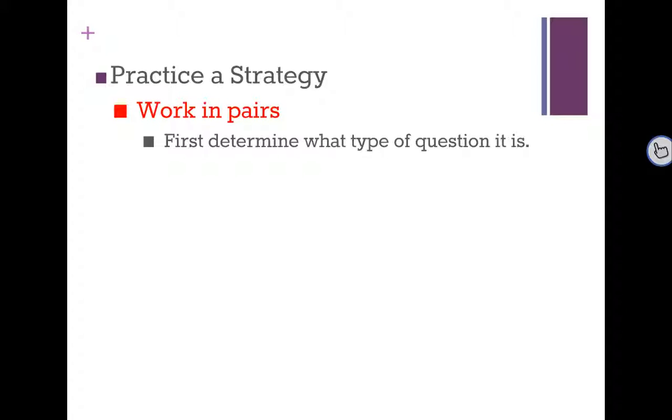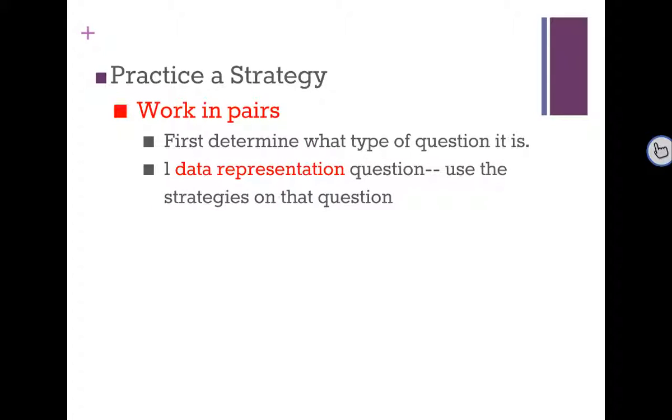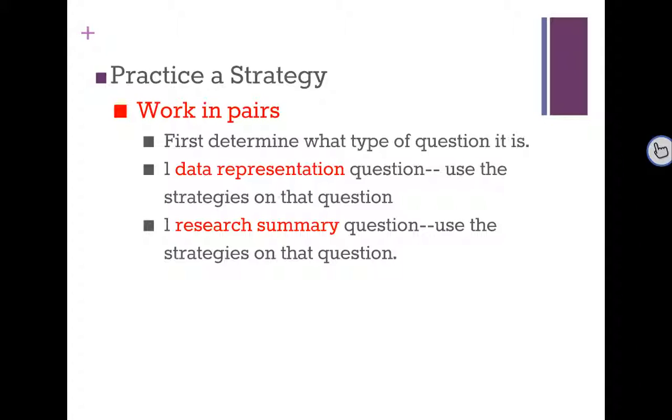Okay? The first thing you want to do is determine what kind of passage it is. You're going to be given a data representation question. You're going to be given a research summary question. Your job is to figure out which one it is. Is the green one the data representation, or is the white one the data representation, and so on. Okay? Now, once you are finished identifying which is which, you're going to start with the data representation one, and you are going to use those strategies on that question to actually answer the